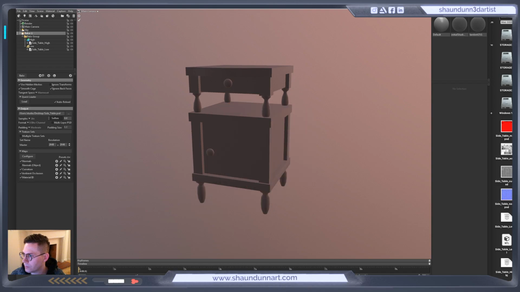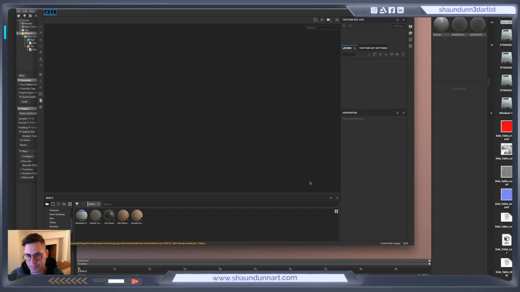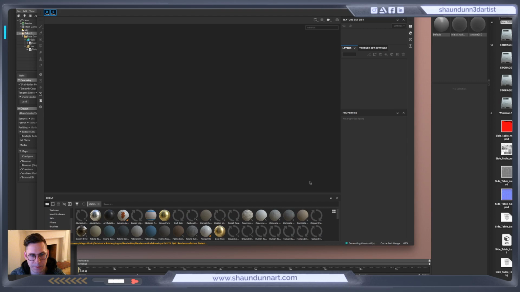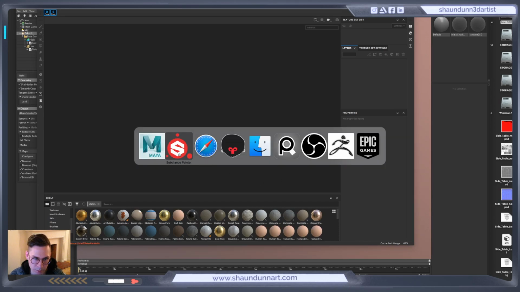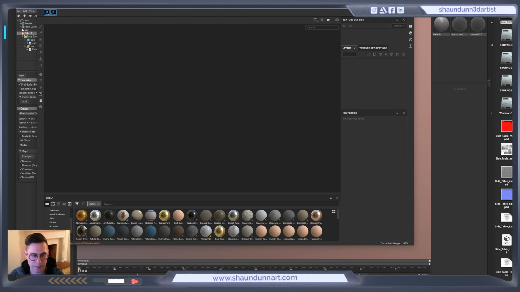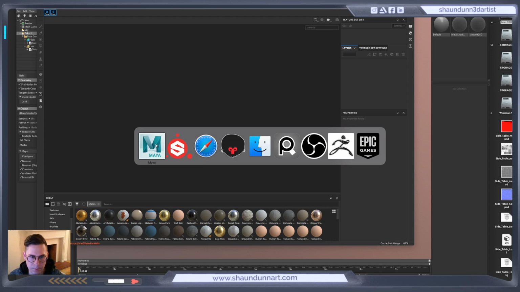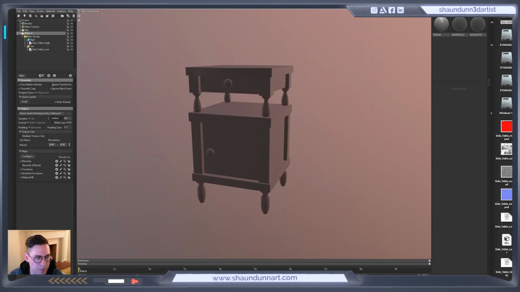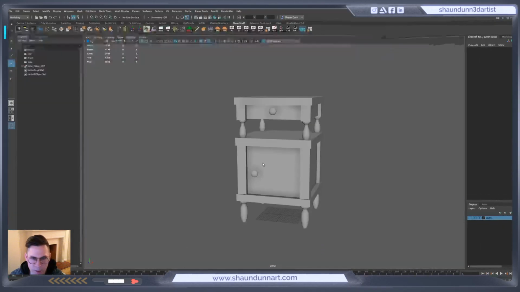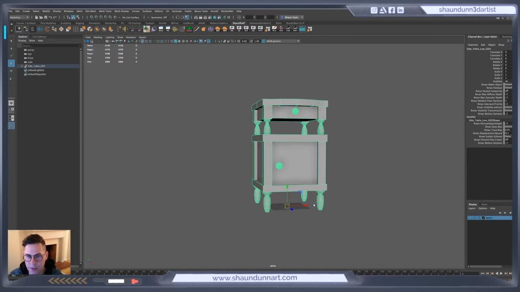And let that load up. Now, because this is all one material, I don't really need to worry so much about assigning materials, but there is one thing that I do want to do in Maya, and that is you know,